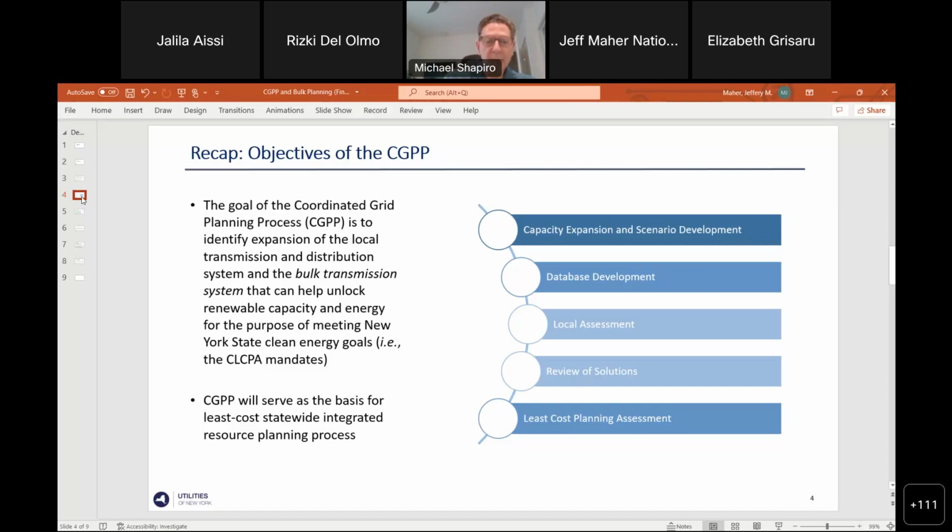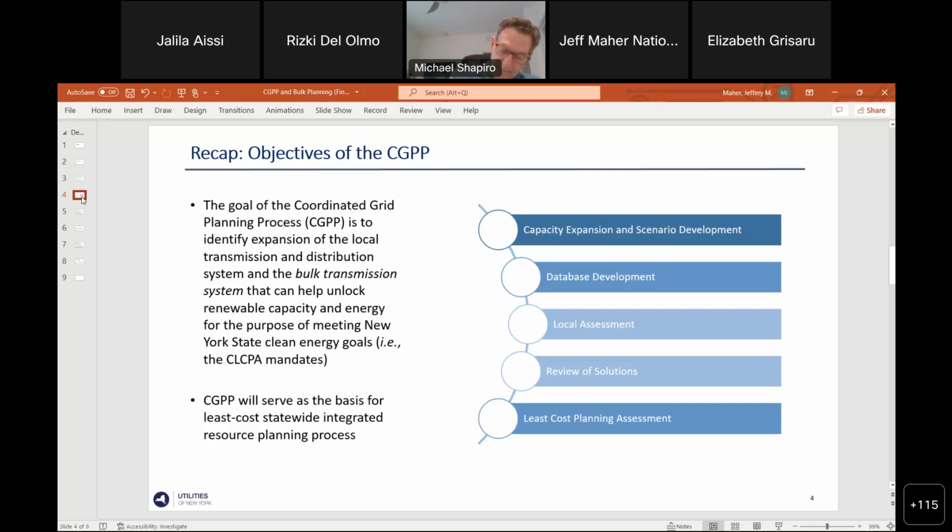Once we have picked the scenarios that we think are more likely for what, again, 2030, 2035, 2040 might look like, what we're going to do with those is create a bunch of databases. By databases, we mean power flow models and auxiliary files, the things that we need to perform a local assessment of the transmission networks across New York State and understand where the barriers are to delivering these